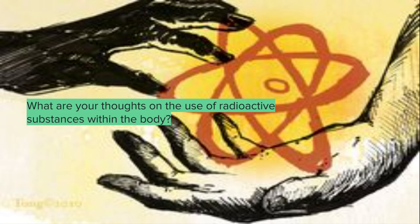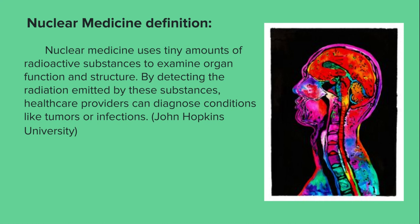Nuclear medicine is a branch of radiology like X-rays, CAT scans, MRIs, ultrasounds, and the list goes on. Nuclear medicine uses tiny amounts of radioactive substances to examine organ functioning or structure. By detecting the radiation being emitted by these substances, healthcare providers can diagnose conditions like tumors or infections. Other methodologies are looking at the anatomy of the body, while nuclear medicine is looking at the physiology, how that